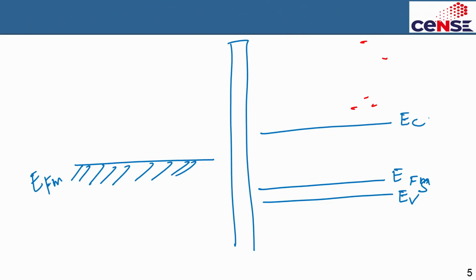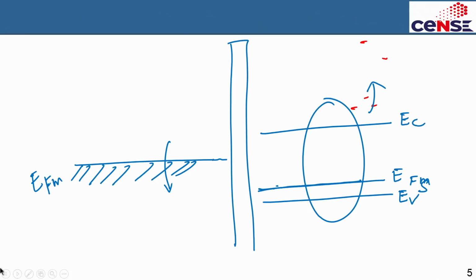This is before joining. Now the moment you join and form the junction, your Fermi levels will have to align, because in equilibrium the Fermi level is always aligned everywhere, which means this Fermi level will have to come up. So this whole thing you are essentially pulling up, this whole thing you are pushing down, you can think of that. So what will happen is that eventually